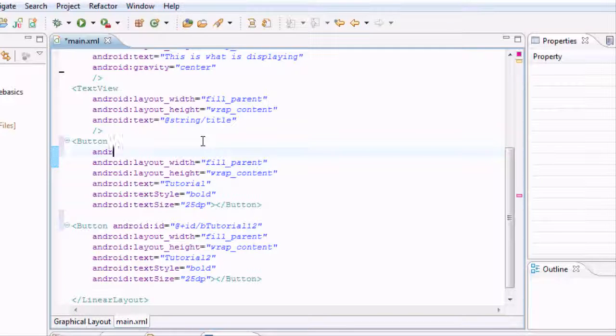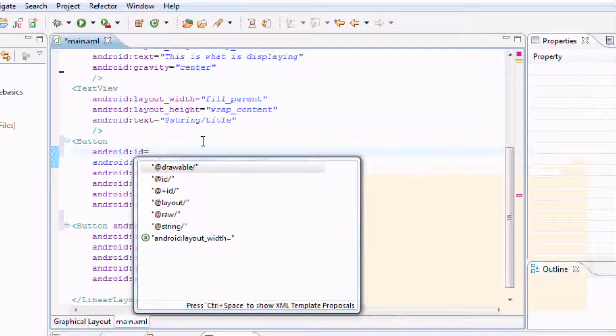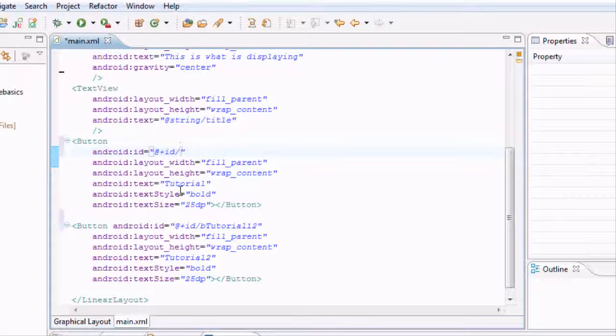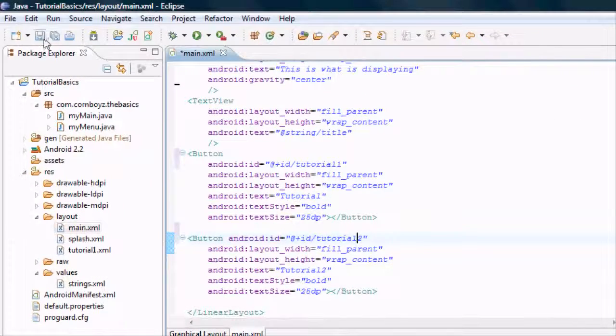Again, it's just android:id equals @+id/button tutorial1. And this one you should already have a reference, and we're just going to call it tutorial2. I had it at 12, so you want to change it to 2. And then we're just going to save,